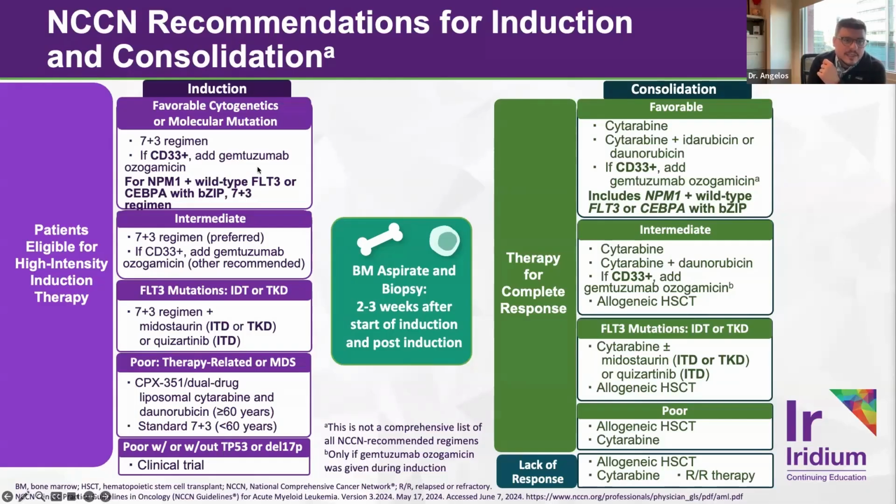So generally, when we decide on a high-intensity induction method, we see if it's working by pursuing a day 14 marrow with the goal of having a myeloablation. And then at the time of count recovery, often between days 35 and 42, we do assess for overall disease response and whether or not a patient is truly in a complete remission or not.